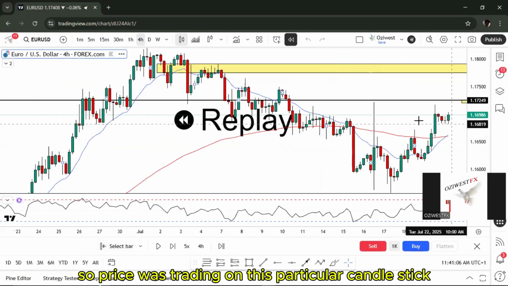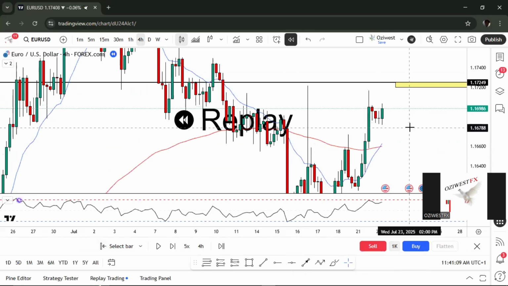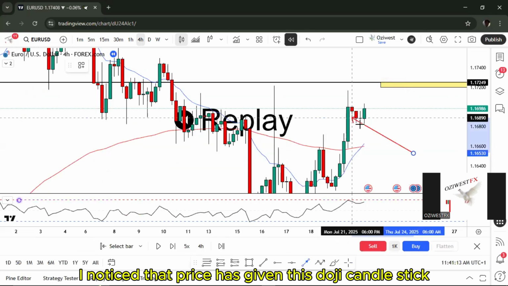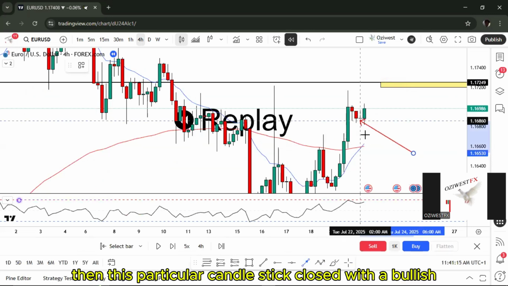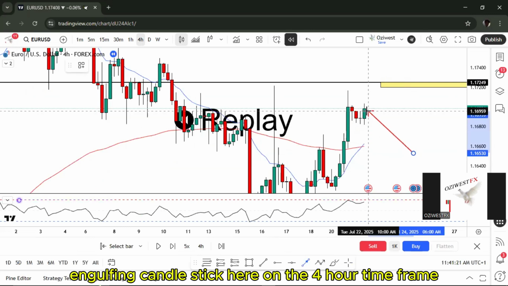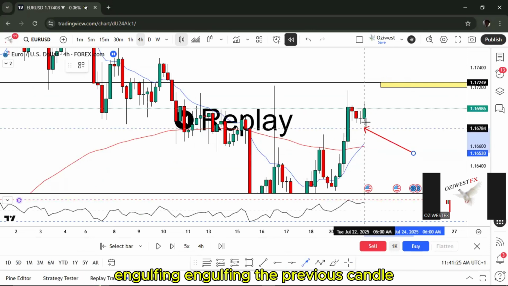Price was trading on this particular candlestick. I noticed that price has given this doji candlestick right here. Then this particular candlestick closed with a bullish engulfing candlestick here on the 4-hour time frame, engulfing the previous